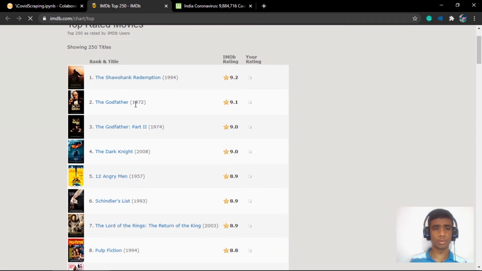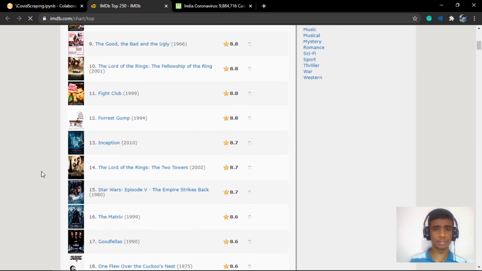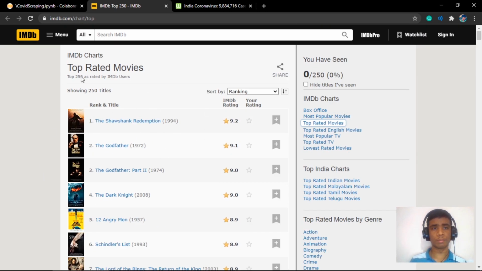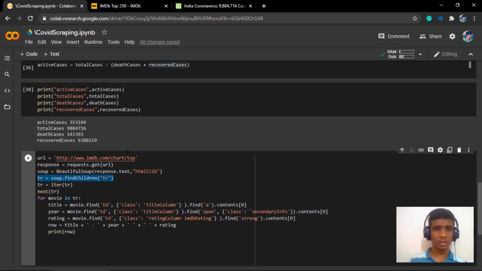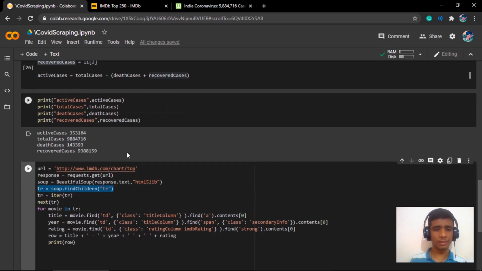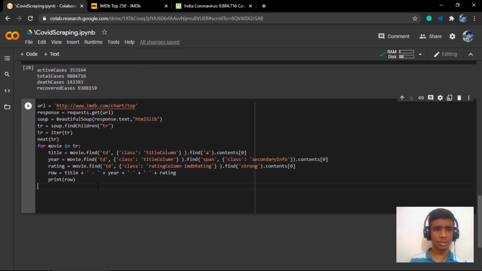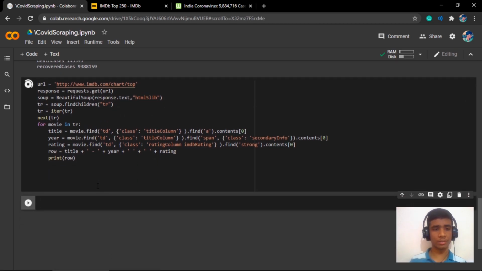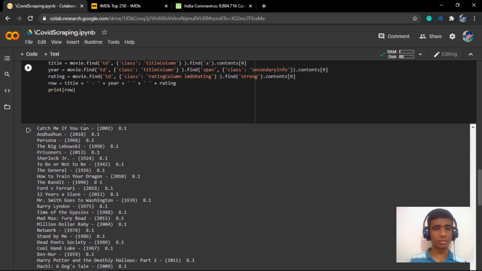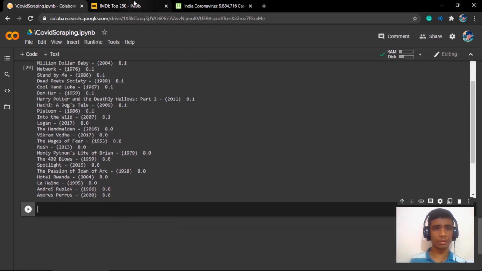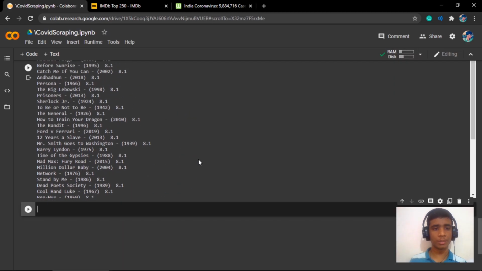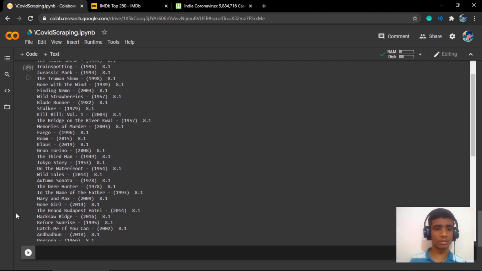If you go to IMDb top 250, this is a list of the top 250 movies. As we did in the previous problem, we are going to find the children. Let me just print it so that it will be clearer for you. So yeah, this is what the script does. It scrapes the IMDb website and spits out the top 250 movies.